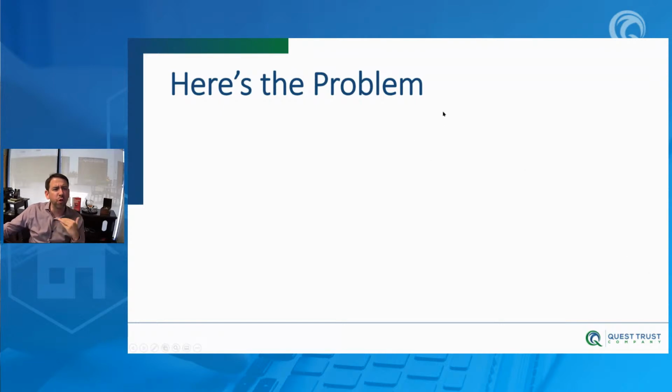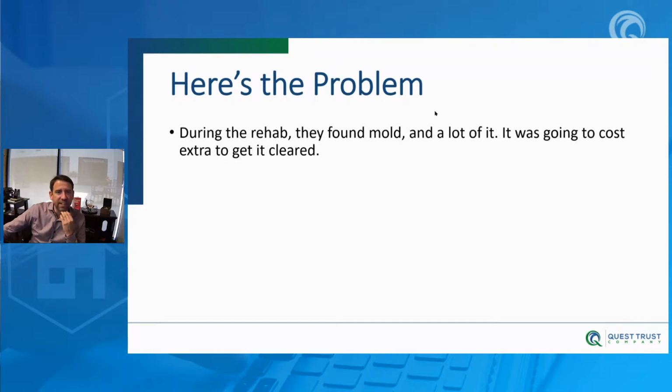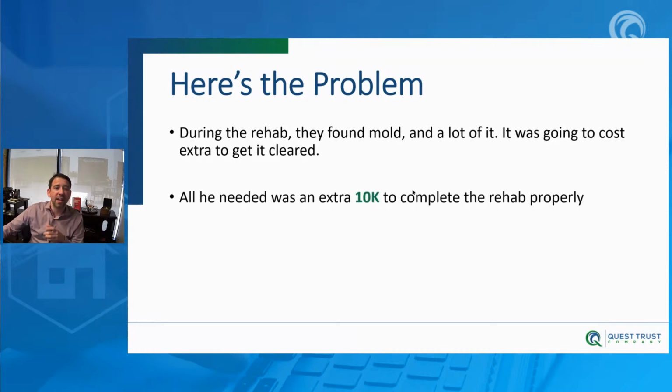Now, if you ever have to rehab a bathroom, just the bathroom, it's usually going to be about $10,000 or less. So notice that $10,000 in addition is not a terrible thing. Well, what ended up happening is as they kind of got through the bathroom side of things, they found a surprising amount of mold behind the wall. So what he ended up doing is he's like, wow, I actually ran into a problem and I need a little extra money. And he needed 10 additional thousand for the rehab of the property.